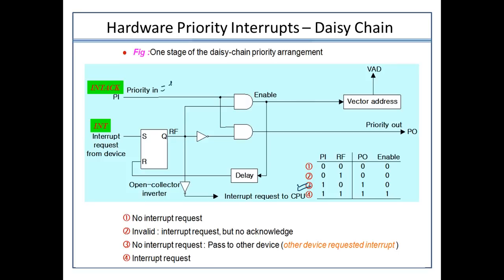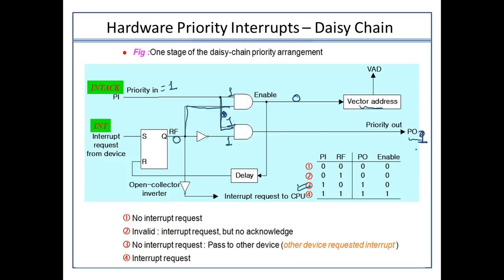The value of PI is equal to 1 and the RF value is equal to 0. Okay, so what will happen? This RF is attached here, which is 0. So this 1 is coming. Enable is definitely not there, because this device has not sent the request. That's why it will not enable the value. But what will happen in this PO's case? This is 0, this is inverted, so this is becoming 1. Sorry, this is 1 coming. I'm so sorry. This was the 1, and 1 is going to depict the 1 here, right?